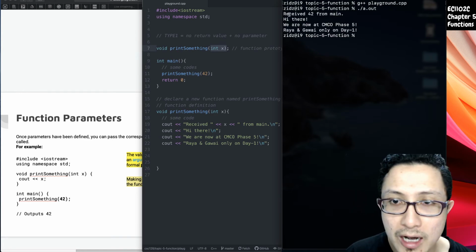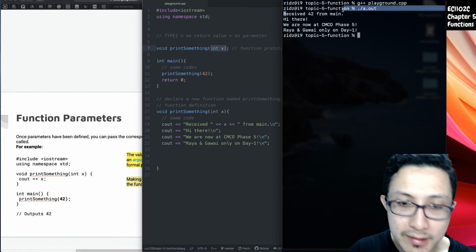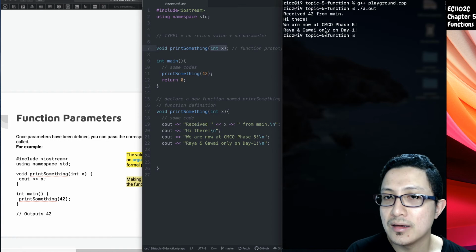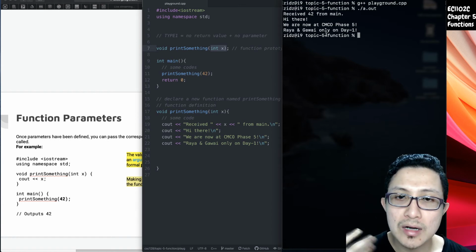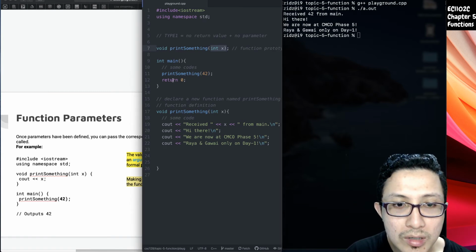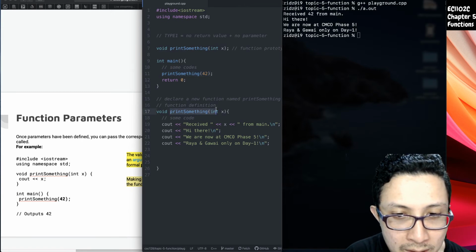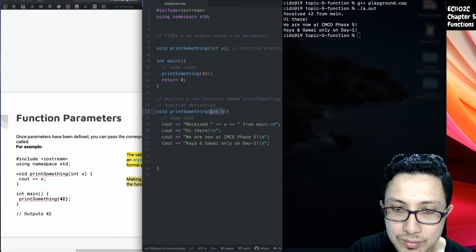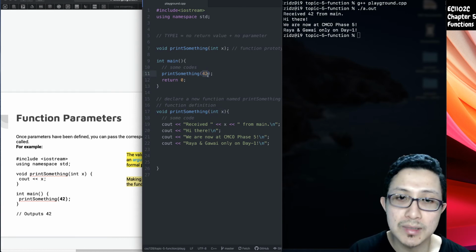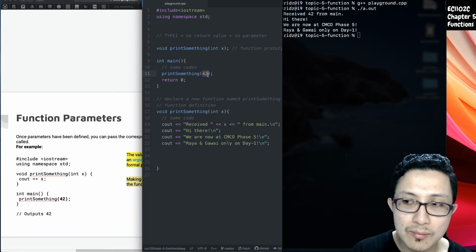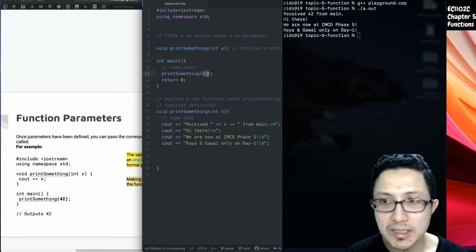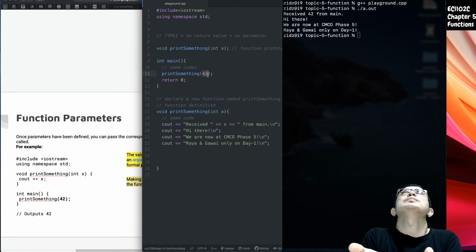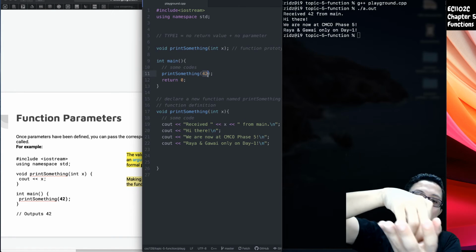As you can see from my output here, received 42 from main, meaning that this function, after it is called, is receiving an integer value that it needs to print out. So after it receives, it grabs the 42 here. When you call that function, print something, it will go to here, and this x container will store that value 42. Consider this as int x as well, but it is now just a number that you need to pass to the print something function, and that function will get a container ready to store that 42. Once called, it will receive that 42 going into the container,